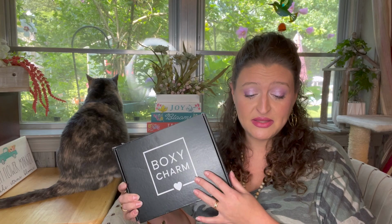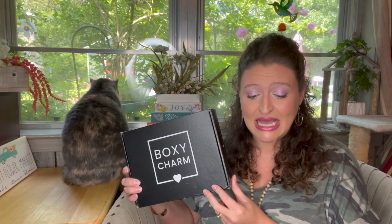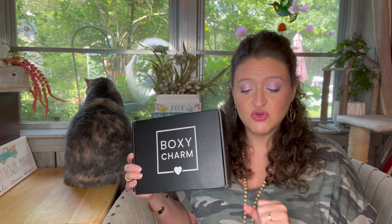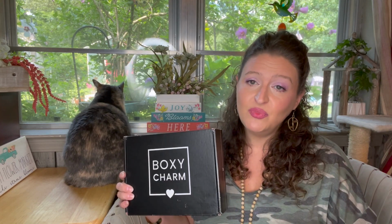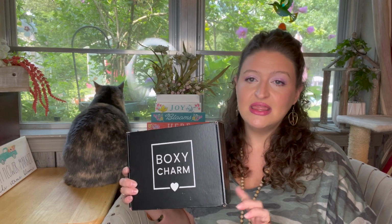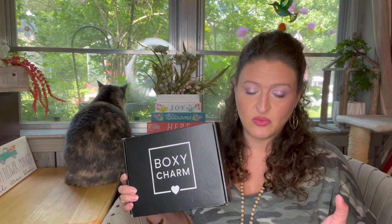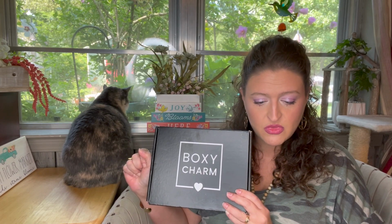They have 3 different options on ways you can get this box. One of them is quarterly, but they have the base box, Boxycharm. You get 5 full-size products, you pay $27.99 a month, and it's supposed to be valued at up to $210. You pick one of the 5 products. Or you can get the premium box, which has 6 full-size products for $39.99 a month, and you get to pick 2. If you upgrade to the Boxy Luxe, that one will replace whatever box you get, the premium or the base, for that month every 3 months. So it's a seasonal box. You get 8 full-size products in that one, you get to pick 2 of them, and it is